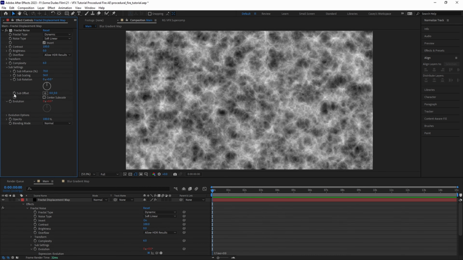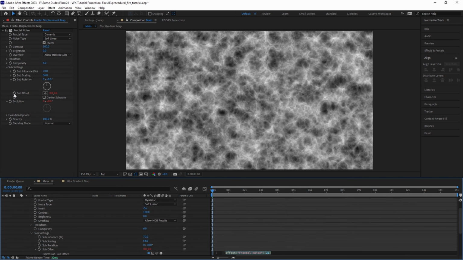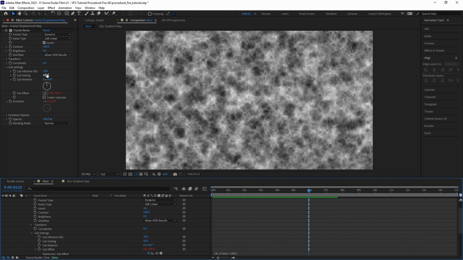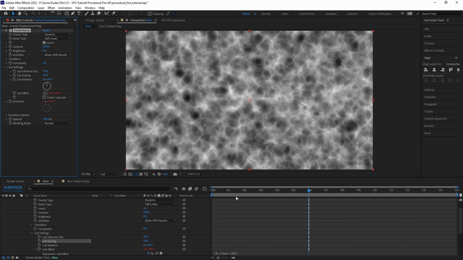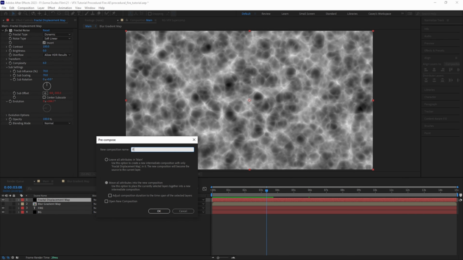Next, let's animate the sub offset in an upward motion with the expression open bracket 0, comma time times -100 close bracket, where 0 is the horizontal value and time times -100 is the vertical value, and will basically cause only that vertical value to animate upward over time. Then we'll scale up the subscaling to around 70 to make the pattern just a little bit bigger. Now let's pre-comp the layer and call it Fractal Displacement Map, and then we'll turn off this layer for now